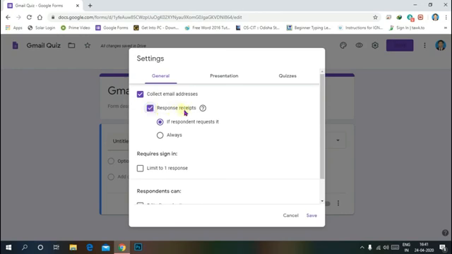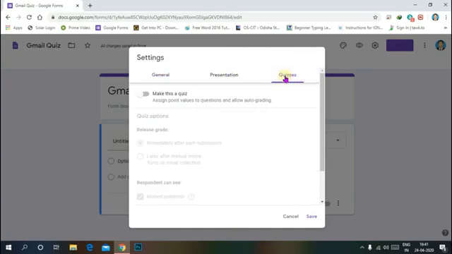You can receive the email address and reply to them. Another option, response receipts. Check this option also. And go to the last option, which is very important for the quiz form. If you don't need to design a quiz, then you don't need to go to this option. That means for a survey form or any kind of feedback form, you don't need the quiz option. But I already titled it Gmail quiz, so I want to design a quiz form. For the quiz form, activate this option.